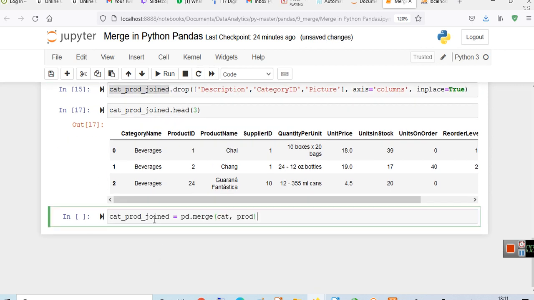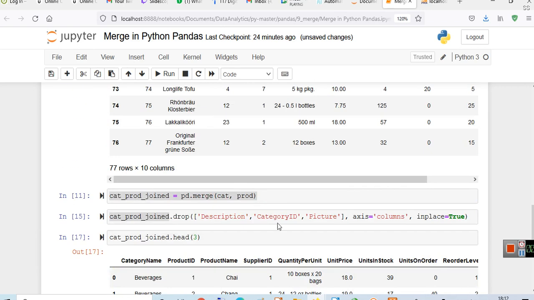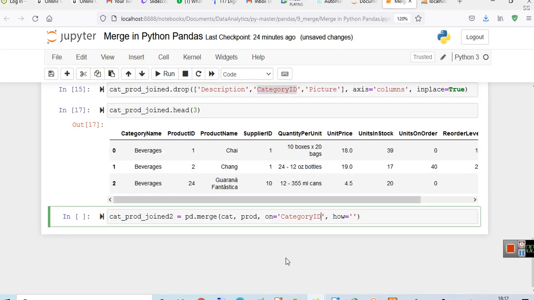let's create another data frame. So let's say cat_prod_joined2, this is the second data frame. Here we have some more parameters. We have two very important parameters in the merge method. First is on and second is how. In on you have to provide the name of the column which is common in them, right? And in how you have to provide what type of join it is, like inner, although we will get